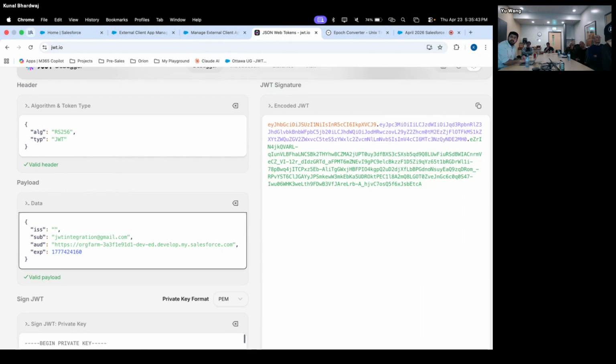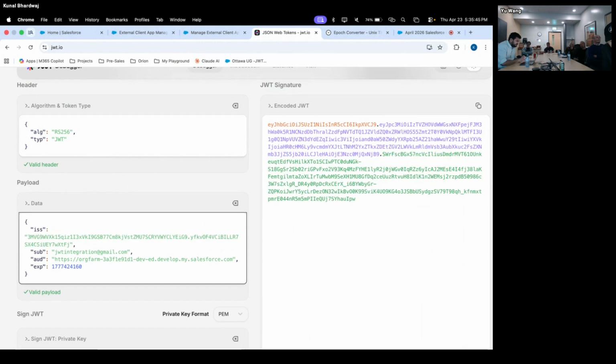And you see on the right side, as soon as I'm adding or removing some stuff, the JWT or JSON